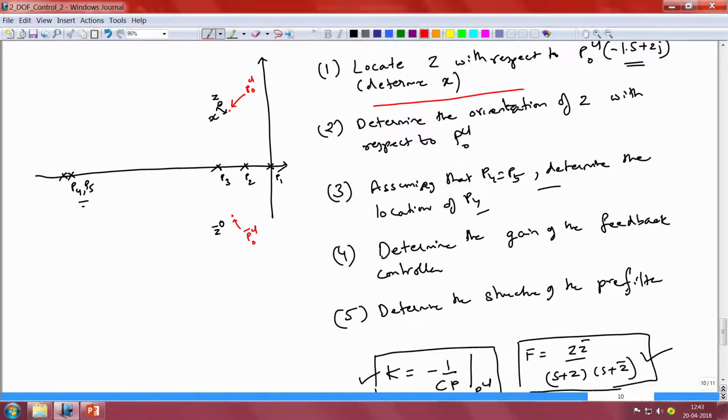Likewise in the third case, when both the plant gain as well as its pole position were uncertain, we noticed that the closed loop pole could vary within an area. This time it was not a single curve, not a straight line, it was an area within which the closed loop pole could vary. Hence our challenge in this new problem is to determine the shape of the area within which the closed loop pole would vary when the plant's 2 poles are different in position compared to the nominal values, and when the plant's gain is also different compared to its nominal value.